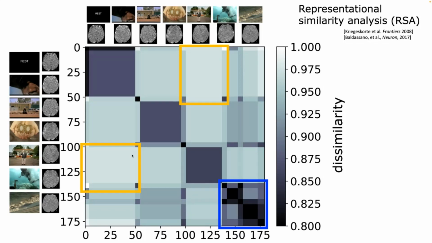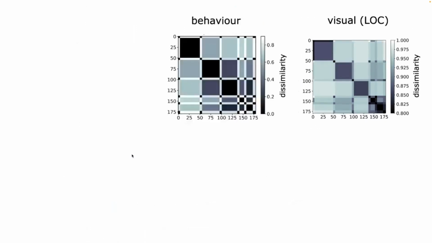And the interesting part with these kinds of paradigms is that you can also directly look at it and compare it to behavior. So for example, just asking the person to rank which movie clips are more similar than others. For example, asking, are those two movie clips more similar or are those two movie clips more similar? And then you rank it up and you get a similar dissimilarity matrix, where again, you can see that